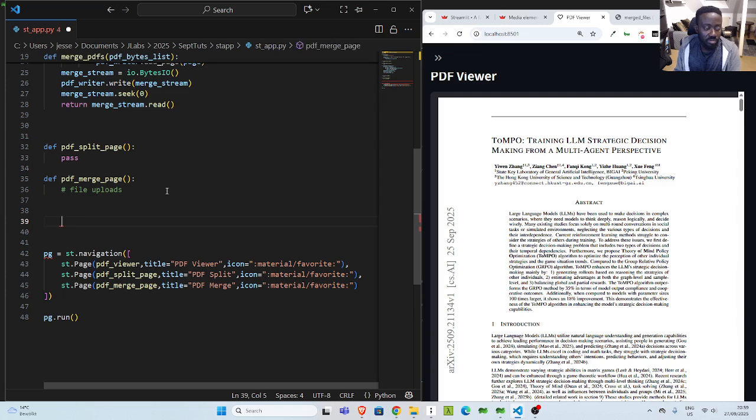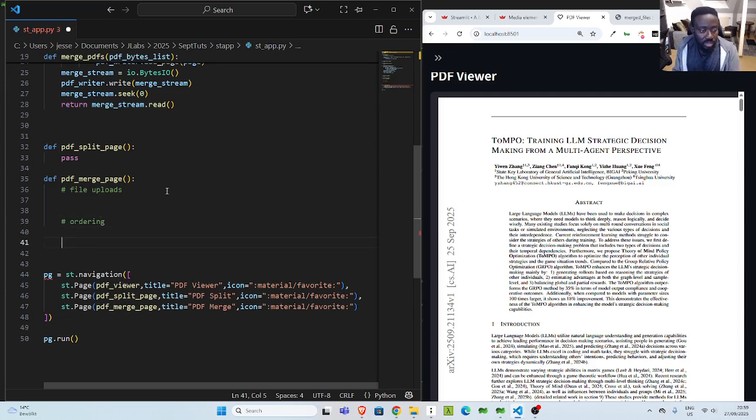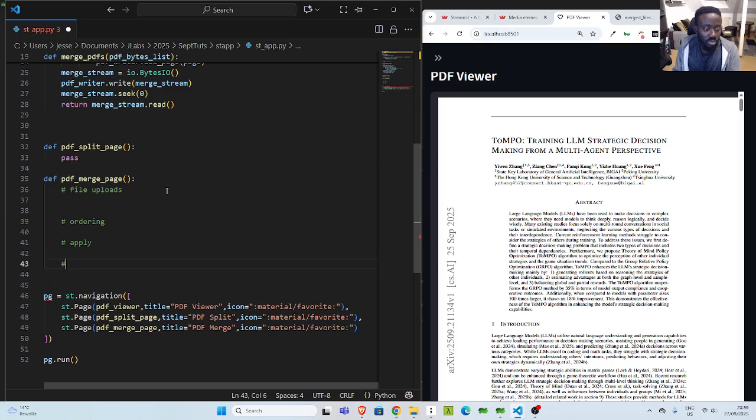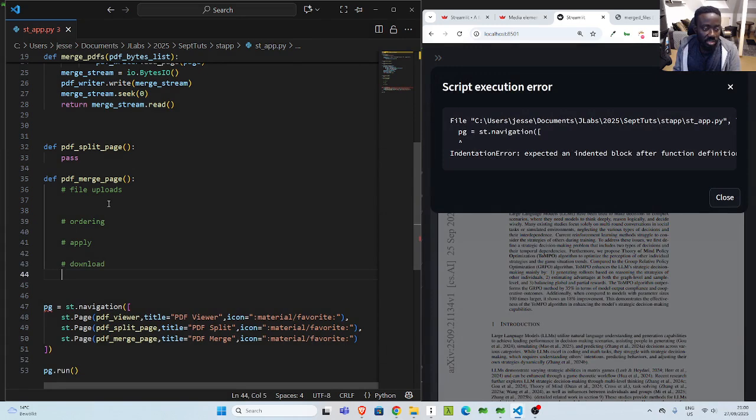We need selection or ordering, and then we need to apply the function, and then we also need a download. So these are the three main things that we need. So we need the file uploads, and in case we want to upload it, all we have to do is go with my uploaded files,